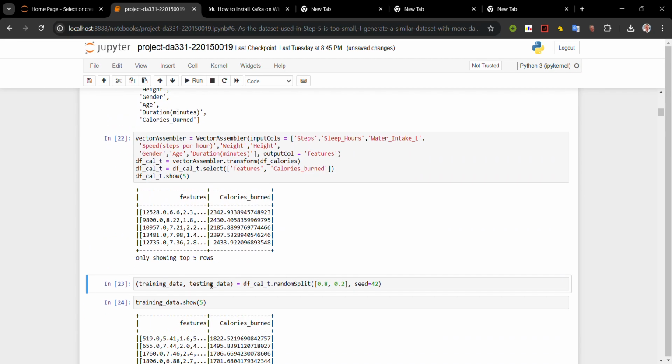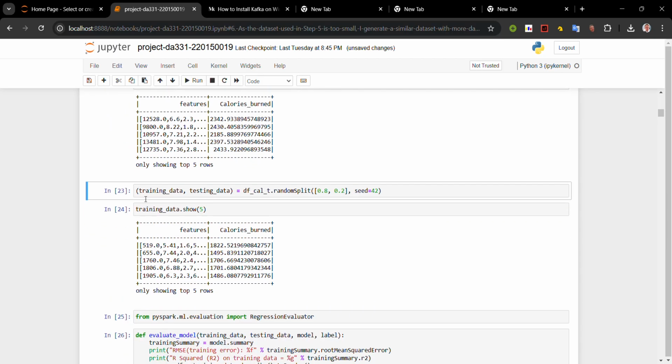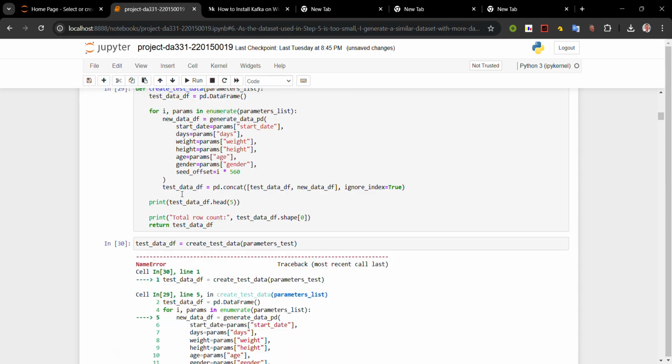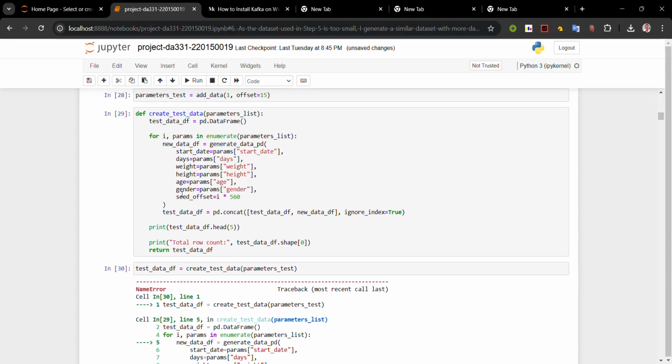So applying the vector assembler to assemble all the features together, then splitting the data into training data and test data based on an 80-20 ratio. Then I'll be training several ML models on this data. So I'll be creating the test data, which is going to be useful for the